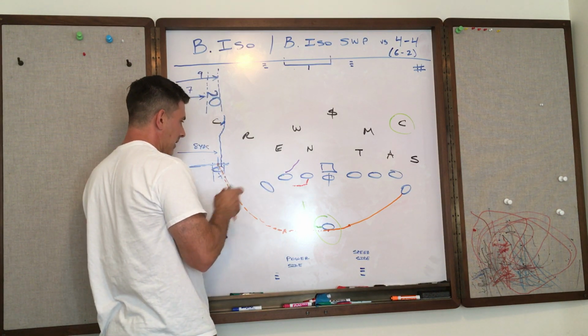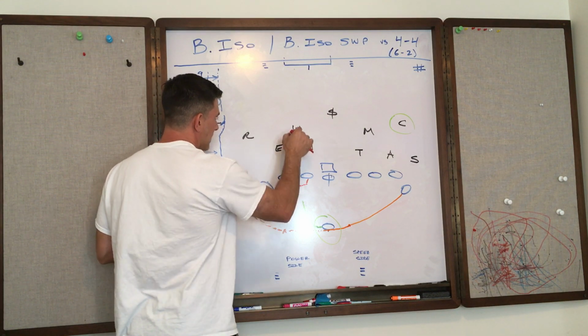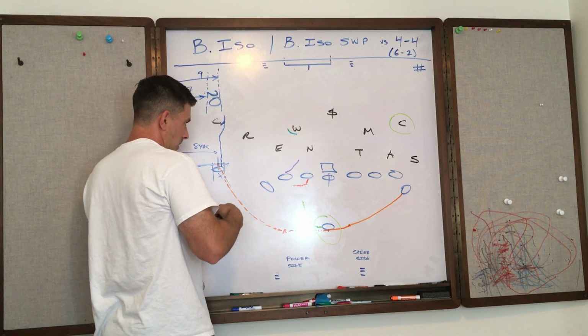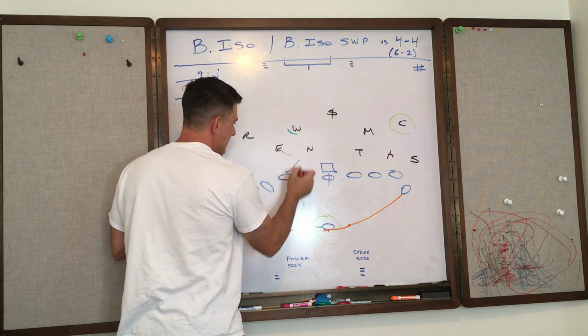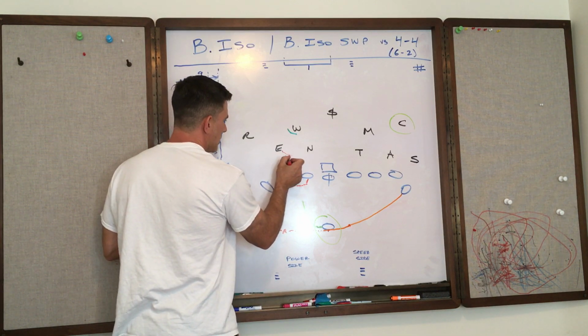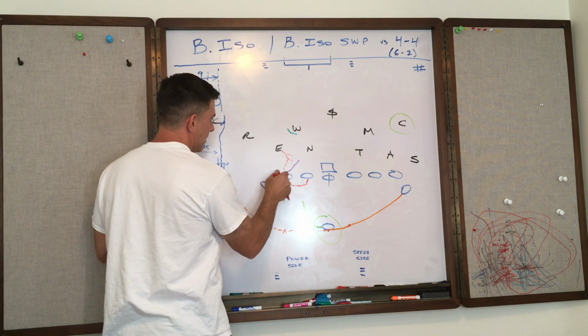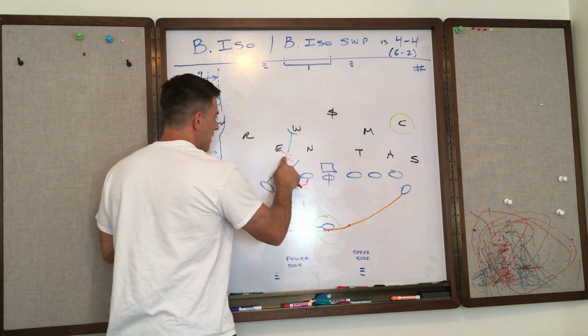Okay, the halfback will be first. Because we know we're trying to get this. Depending on what we get, if the end squeezes, we would just go ahead and log it. Now it would be kind of easy, and we'd just be right here. But if the end is up the field,